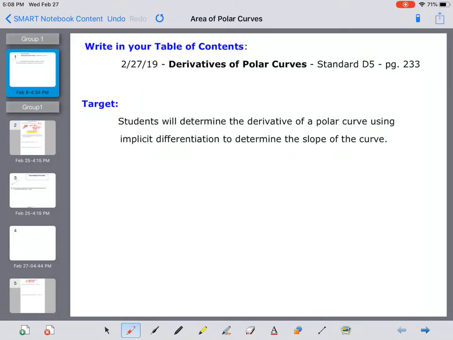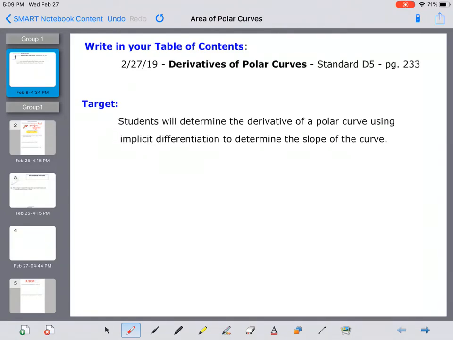Okay, this video is going to talk about the derivative of polar curves. Now, we've talked about the area of a single polar curve. We've talked about the area between two polar curves. Now, all that's really left is how do we find the slope of the polar curve? So the derivative. Okay, so your target is students will determine the derivative of a polar curve using implicit differentiation